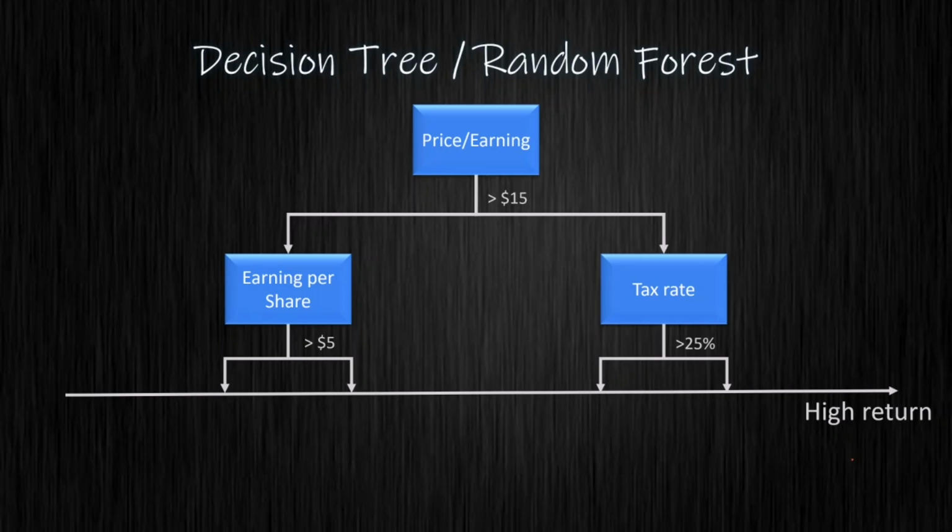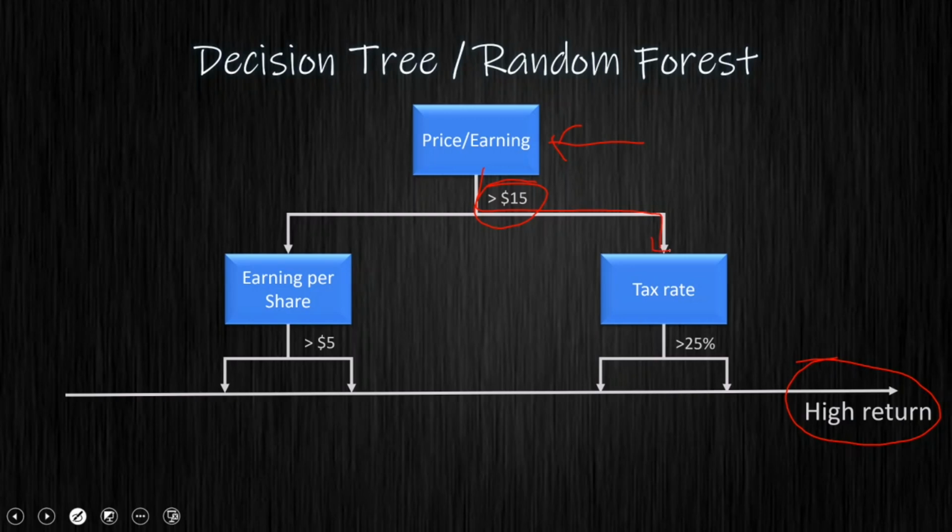So how does the decision tree work? It looks at every kind of multiple that we have from the very beginning, for instance the price earning ratio, and sees if there is one threshold that splits the data into two groups that have different characteristics. The characteristic that we are looking into is the return that we defined before. So in this example, whenever we have a price earning ratio above 15,